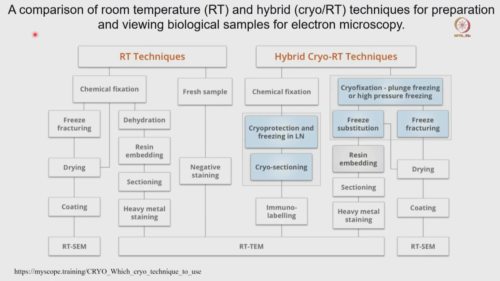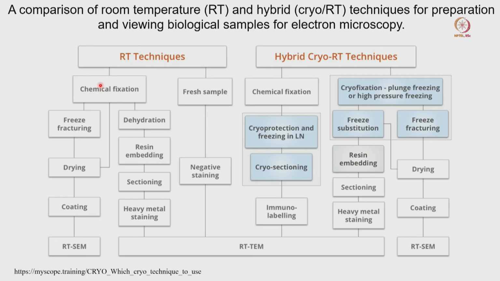We will go to the next topic, where you can see there are two separate techniques I am talking about. One is the room temperature techniques, and the other is the hybrid of cryo and room temperature techniques together. Here, for room temperature techniques for any cell, first you have to do the chemical fixation. For cryo, we are plunging the protein sample or any kind of complex, and then we are getting amorphous ice and the protein is embedded there. That is the cryo fixation. Here we are doing the chemical fixation first.